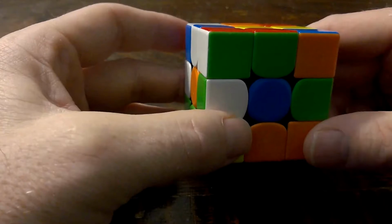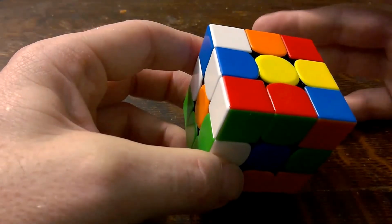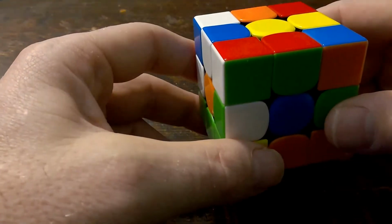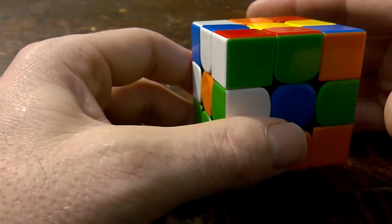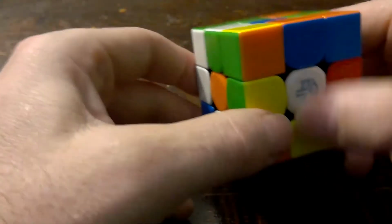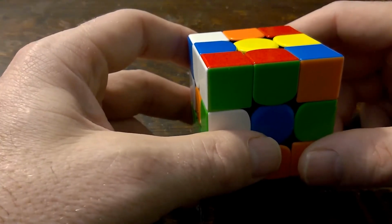If your goal is to be a speed cuber rather than just somebody who can solve a Rubik's Cube, then it goes without saying, you need to be able to solve with a certain amount of speed. And so it is worth looking at every aspect of your solve and determining where you can cut down the things that are taking time. The white cross is an area where a lot of people spend way too much time and far too many moves in order to get that configuration with the white cross or the four white edge pieces around the white center. So we want to look at some ways that we can reduce the number of moves